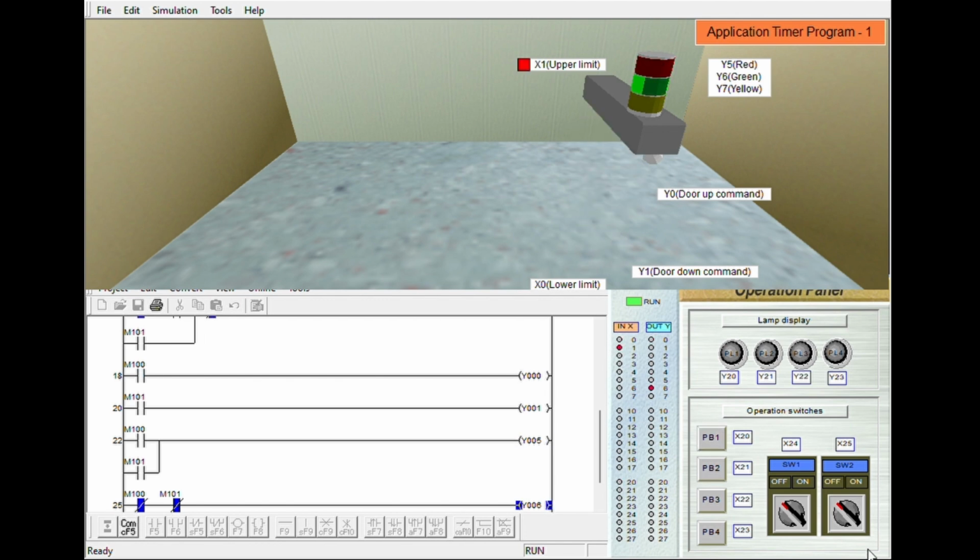Point 1. If sensor 1 and the open button are pressed, the motor will turn on until it reaches sensor 2. Point 2. If sensor 2 and the close button are pressed, the motor will reverse until sensor 1 is